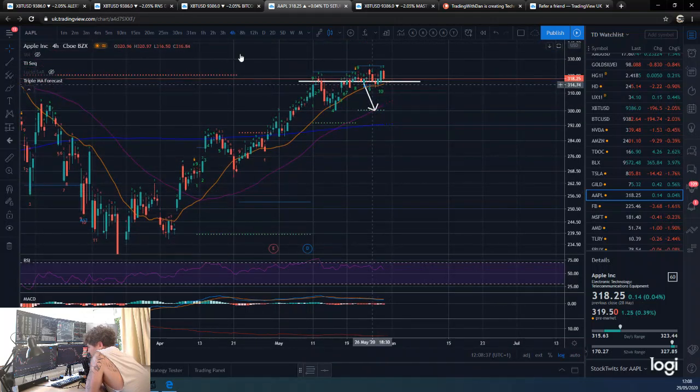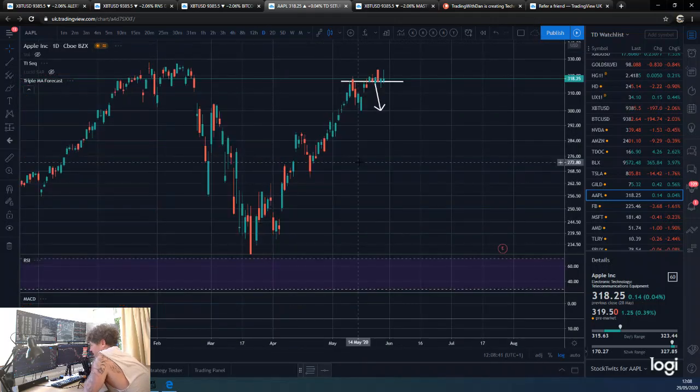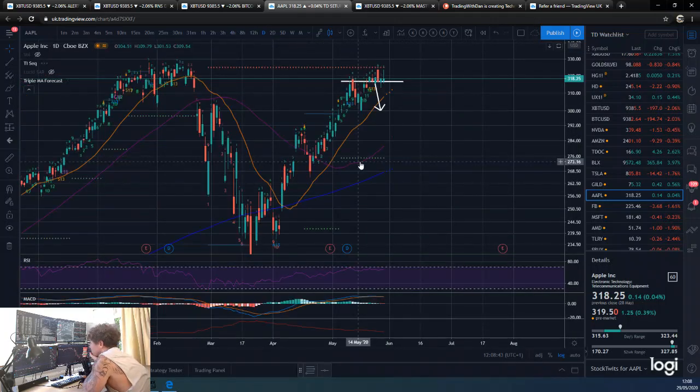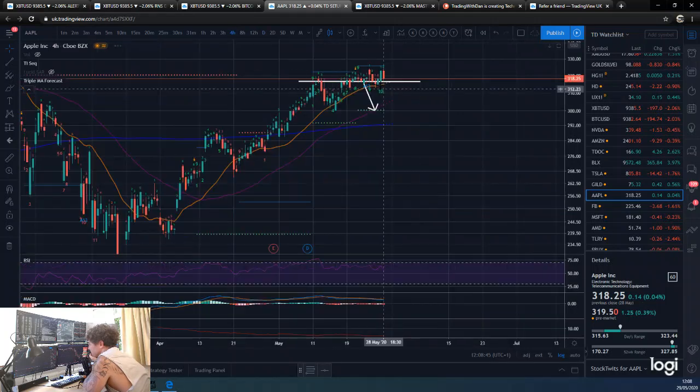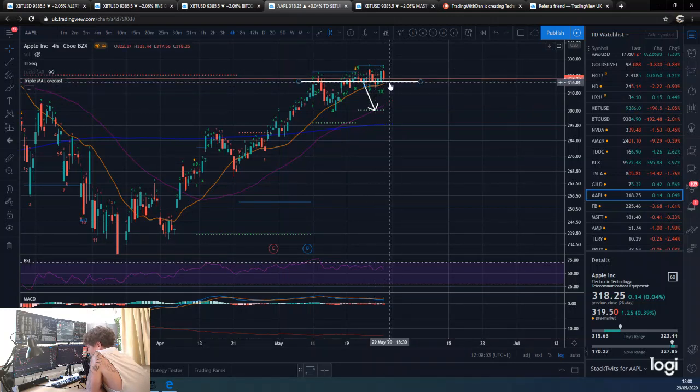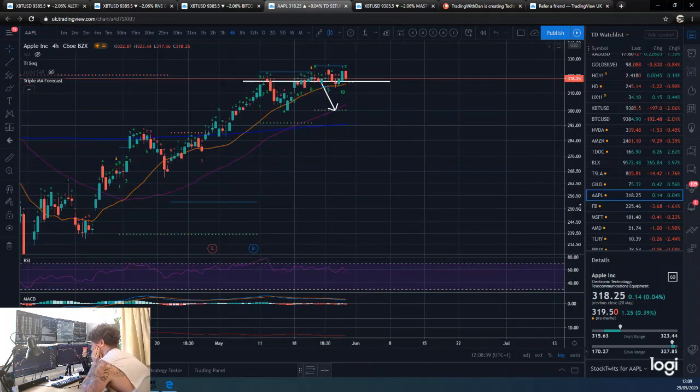This was a 4-hour 9. This must have been a daily 9, because I wouldn't have put that candle there unless I drew it whilst it was in progress, so I would have drawn it a bit lower, but either way you pretty much closed under there. So we'll say we'd be in an Apple short. It went a bit offside there or thereabouts. So we're kind of going with the market here.